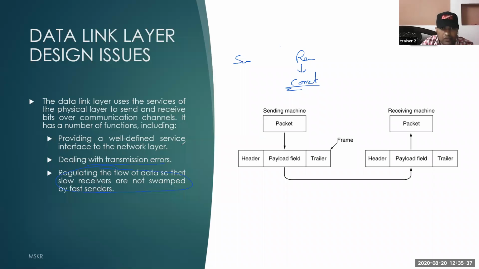So to implement those mechanisms, the designers identified these 3 issues. Okay, so how is the data link layer going to make sure that the network layer does not have to worry about the bottom things? Secondly, how to solve transmission errors. Third issue, what to do when a faster sender sends a signal to a slower receiver. So by looking at these 3 issues, they started designing the solutions.